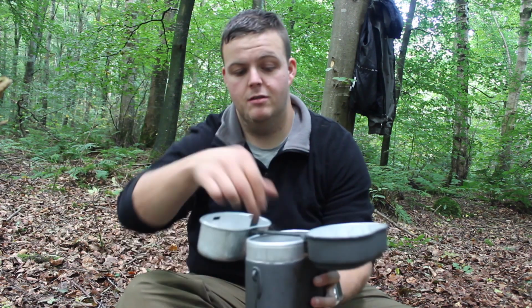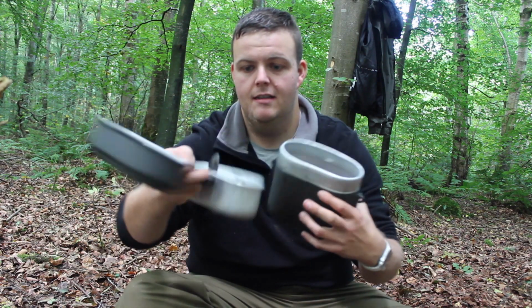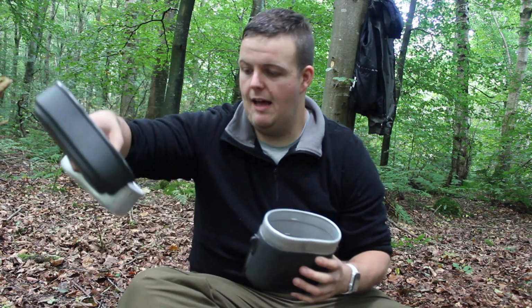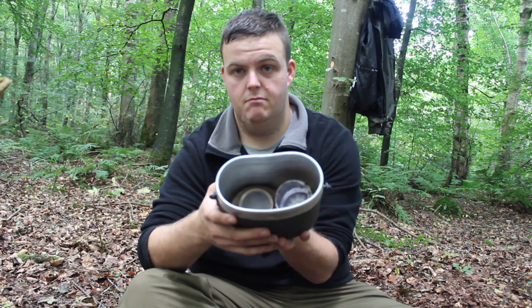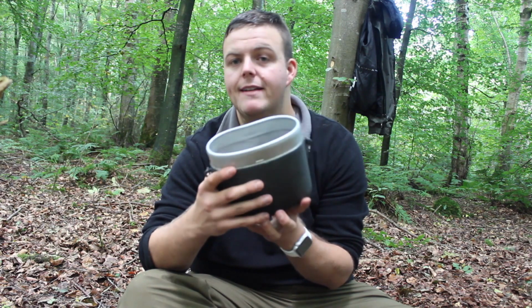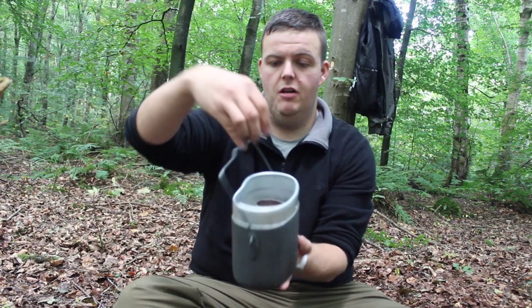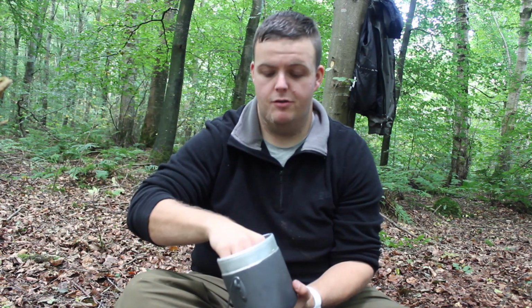So obviously the German one has a frying pan lid, an internal pot, which can go to the flame too, and the large, I think it's 2 pint, I think it's 2 pint or a litre jar, which can yet again be hung over a fire or can be used